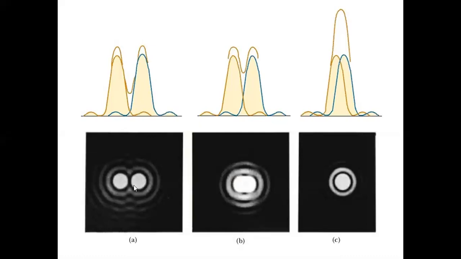Sir, what is that minimum angle for a normal human eye? 1 minute. Suppose you mark 2 points using a very sharp pen on your paper. If those 2 points are separated in such a way that the light coming from them to your eyes makes an angle of 1 minute, you can see them separately. And if the 2 points are so close that the light coming from them into your eyes makes an angle less than 1 minute, you can't see them separately. They appear to be merged.